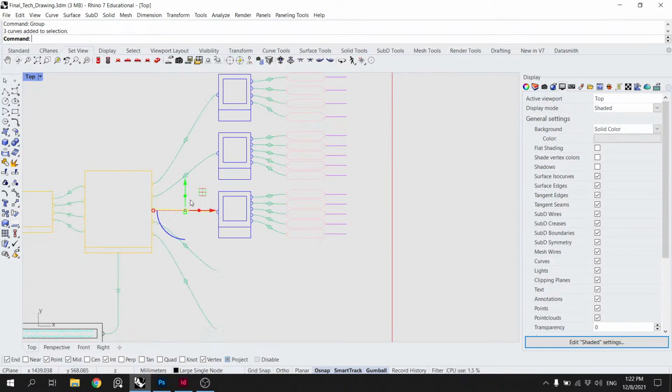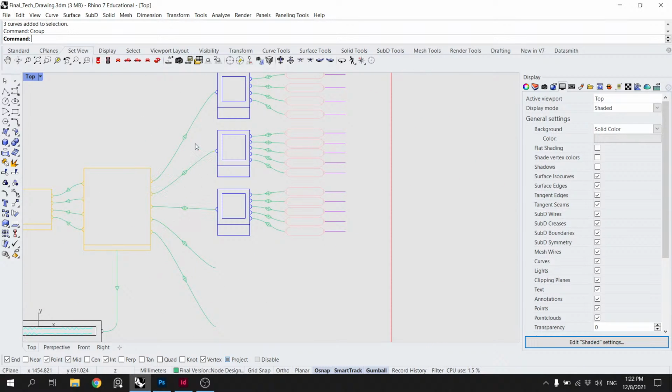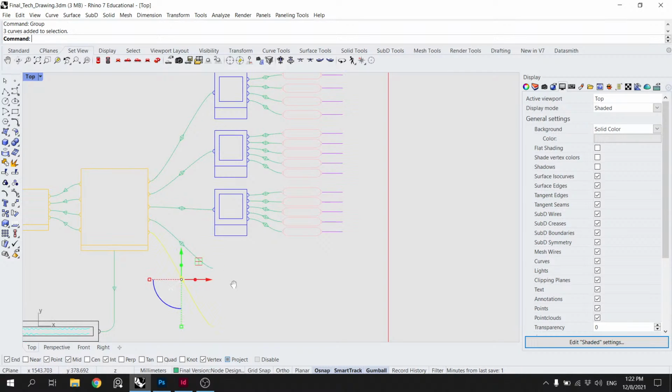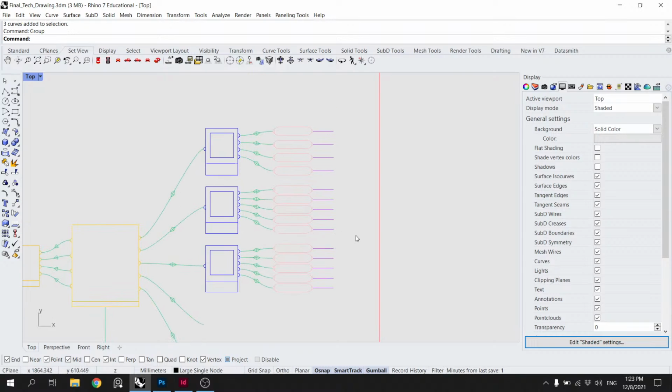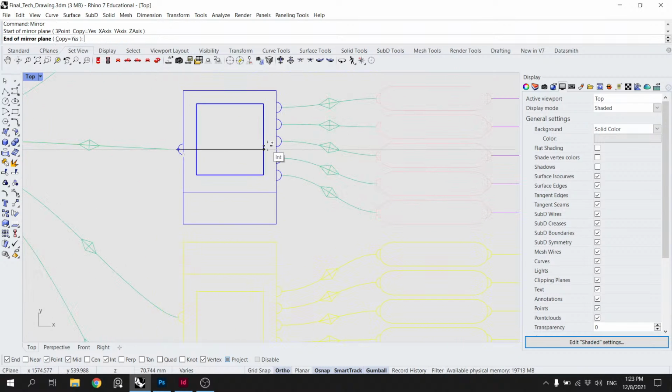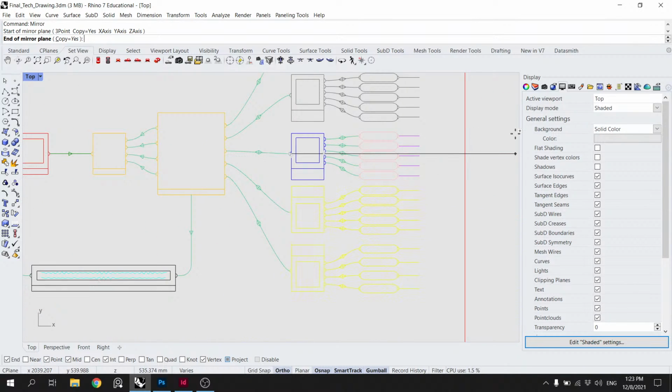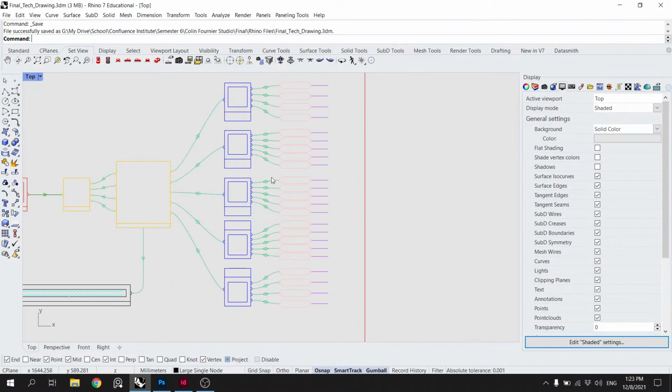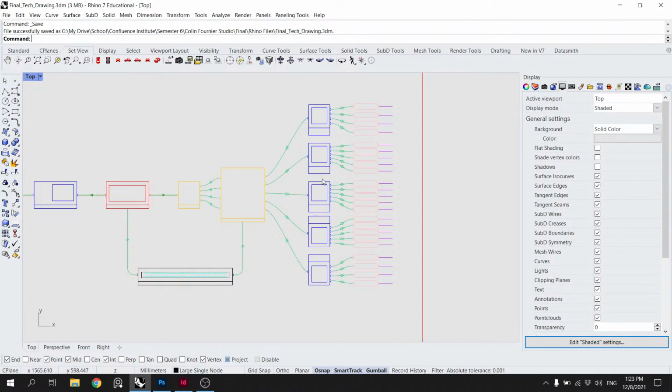Group. Group. Group. Okay, so we're just taking these two things, hopefully just mirroring them on there. All right.